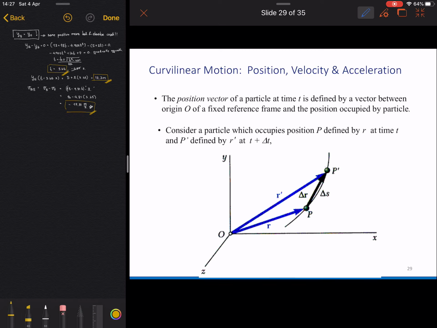curvilinear or curvature motions for the position, velocity, and accelerations. For the position vector of the particle at time t, defined by the vector between O, the origin of the fixed reference frame, and the position occupied by the particle. Consider the particle which occupies position P defined by R at time t, and P prime defined by R prime at time t plus delta t. So curvatures means there is a radius here. Okay, this is a radius,